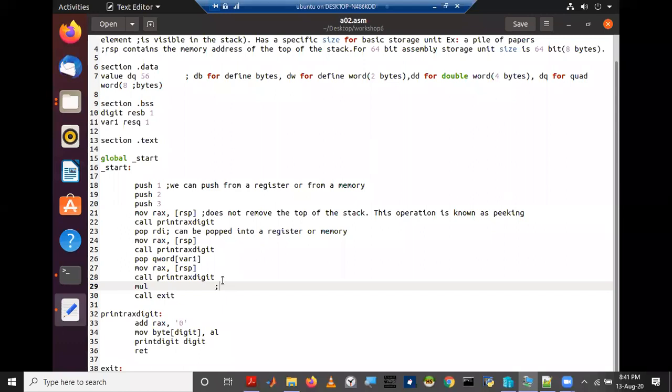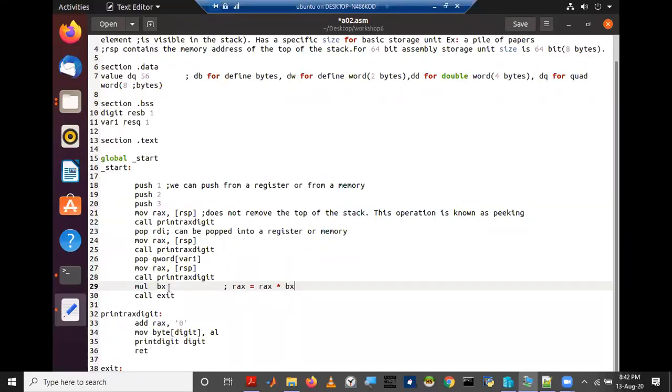Say, for example, I'm just taking an example, if we have MUL BX, what it does is it will store in AX or RAX: RAX equals RAX multiplied by BX.